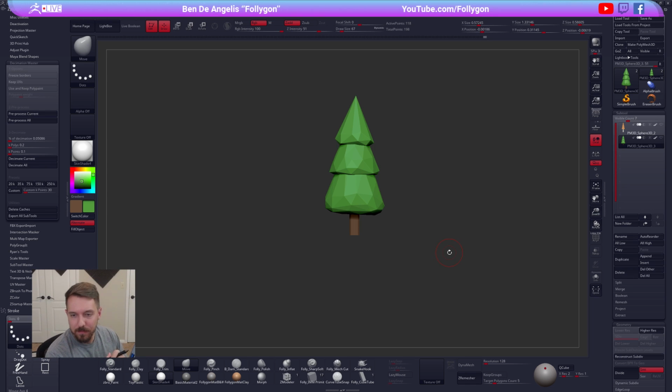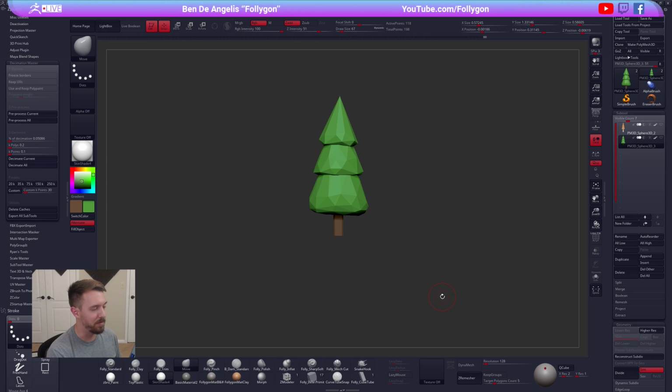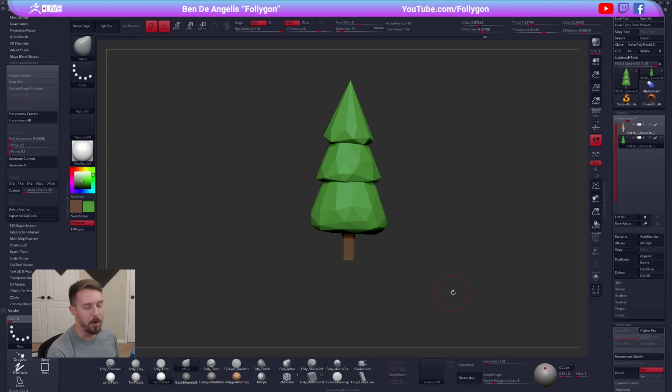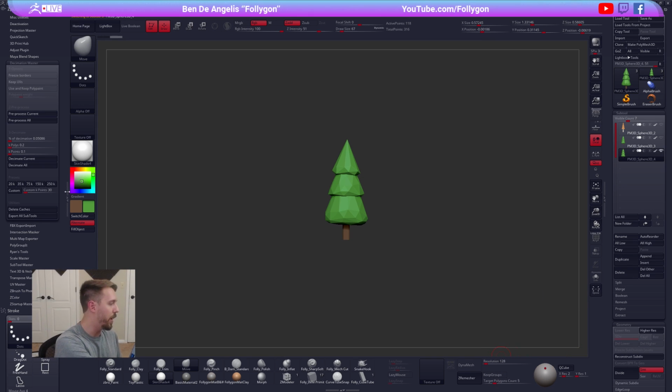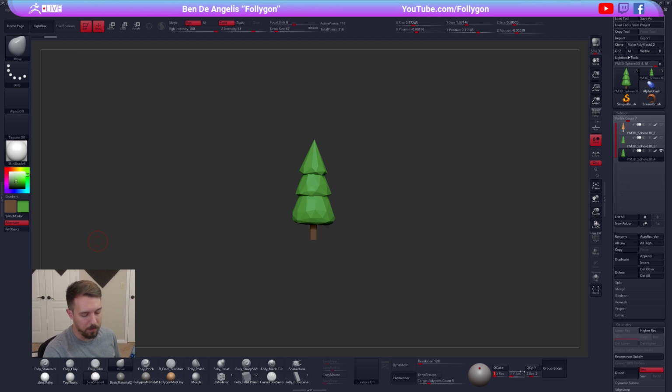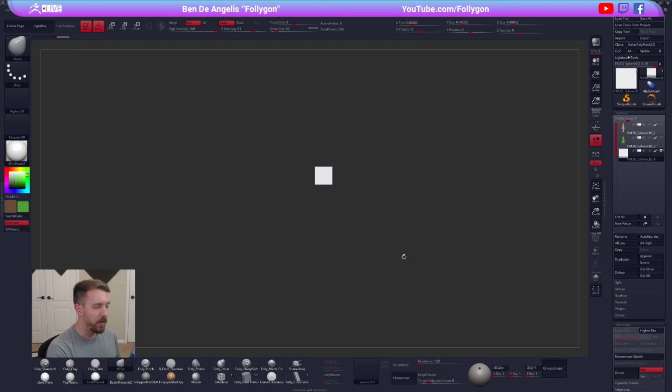Yes, Decimation Master. It is an awesome little plugin here. We'll probably be using it more later, so I'll just keep it open over there on the little sidebar. But let's go ahead and start setting up our scene. What I like to do, or you know what, I am going to close it because I can't see my UI completely. What I like to do is set up a ground plane so that I can begin placing some